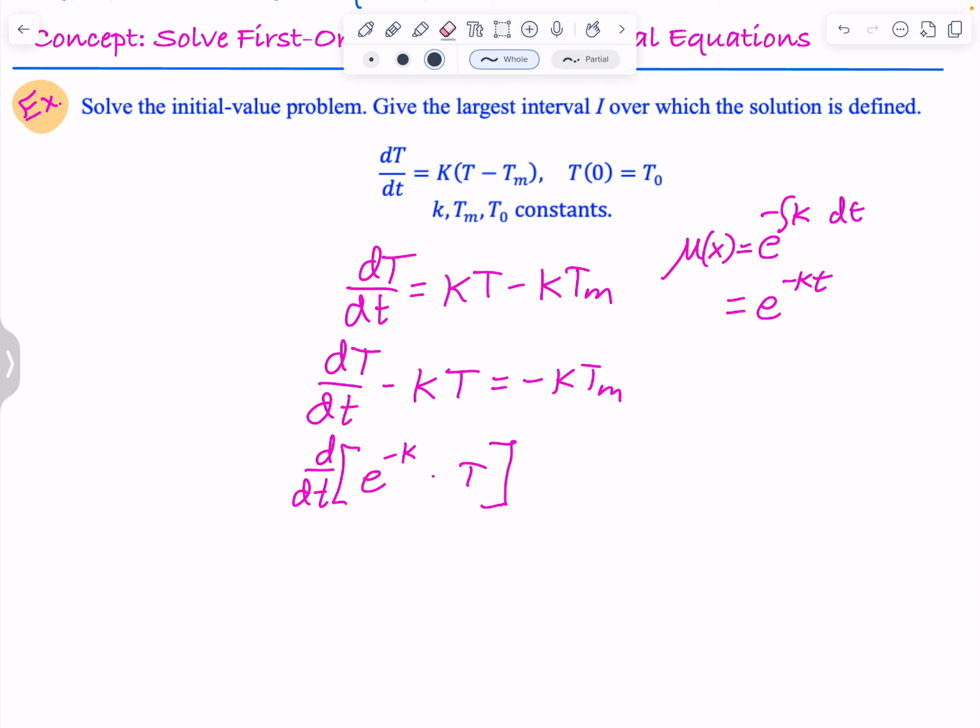This is lowercase t. It's our input. I don't like this capital T and lowercase t. I hate it. I would have chosen something else. Okay, and then I have to multiply this side also by that, so it's going to be negative k t m e to the negative k t,